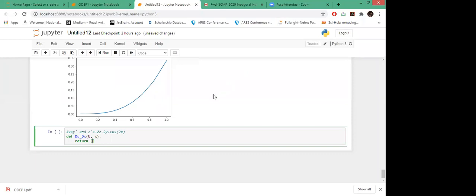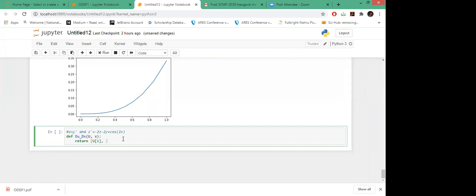First of all, it will go in array form. I will return first y dash, which is equal to u of 1, which is stored in u of 1. Okay, now the second is the z derivative. The z derivative is minus 2z minus 2y plus cos of 2x.